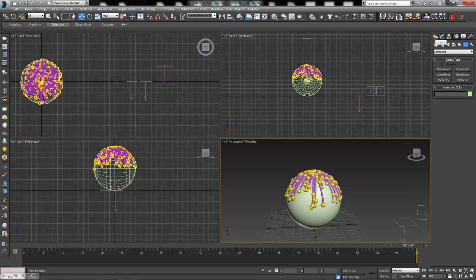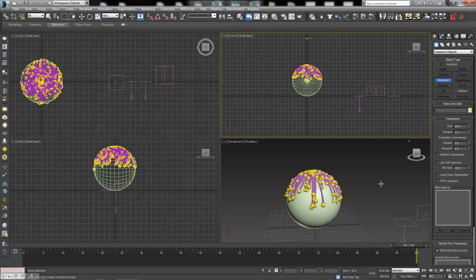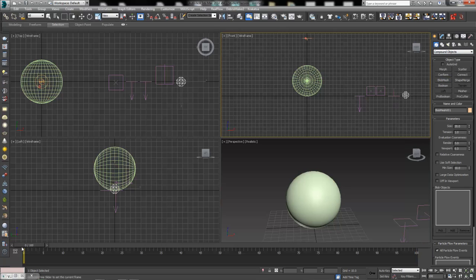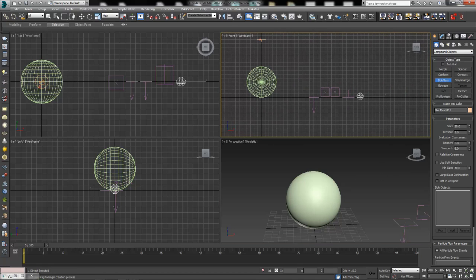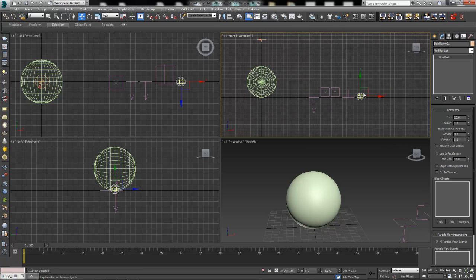So let's go back to our Create tab, our Geometry button, and instead of the drop-down Standard Primitives, let's go down to Compound Objects, where we have blob mesh. Now again, I'm going to put my timeline slider all the way back to 0 before we do this, so that we don't have any serious slowdowns for the sake of our tutorial. And then I'm going to go over to the Modify tab, and that's where I'll change some of these settings.